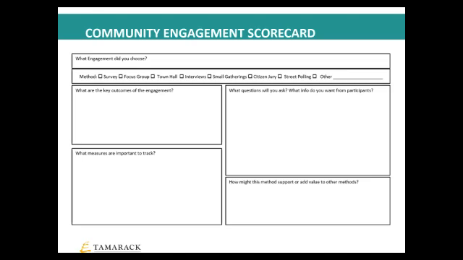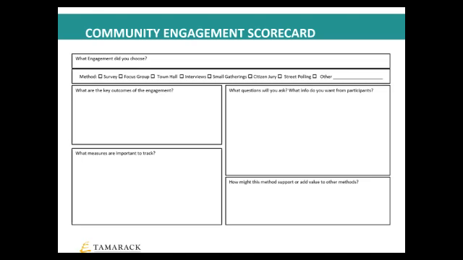involvement. What we have as a tool here for you is a community engagement scorecard, and this is really a simple framework for you to think about if you're wanting to put together a scorecard in terms of your engagement, really looking at what engagement level did you choose, what are some of the methods that you're going to use, what are some key outcomes of your engagement, what measures are important for you to track. So this scorecard helps you, you can work your way through the boxes